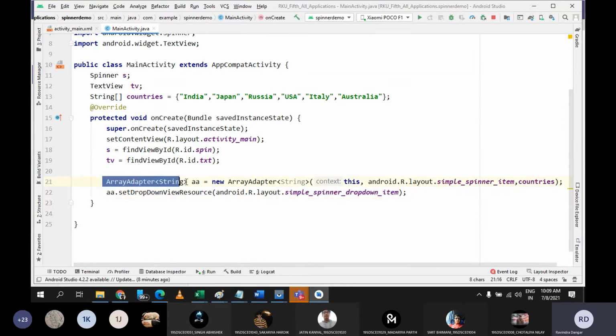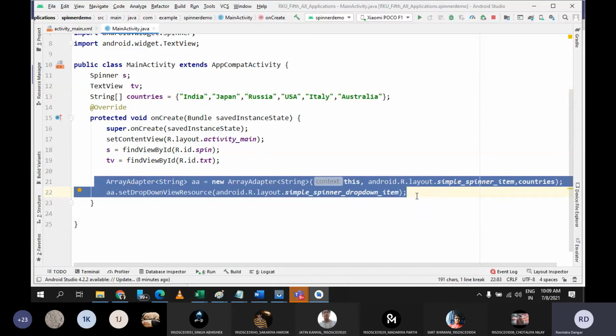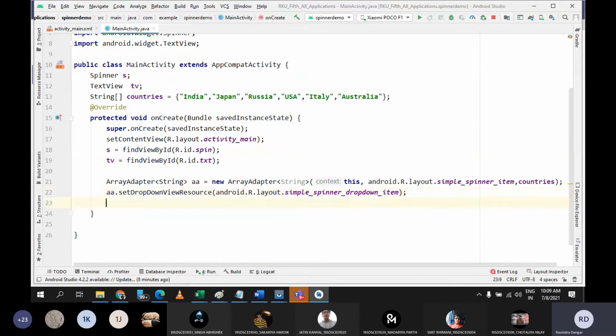Now you need to set this adapter inside your spinner so that this adapter can connect this string array inside this spinner. Your array is ready, your array adapter is ready. Now the only thing is you need to connect your adapter with the spinner. So for that you need to use the setAdapter method. In Java, to set the layout, we were using the set layout method. Similarly, in this case, if you want to set your adapter inside any control, let's say I want to set this adapter in a list view, then I can use the setAdapter method. If I want to set this adapter with a spinner, then also I can use the setAdapter method.